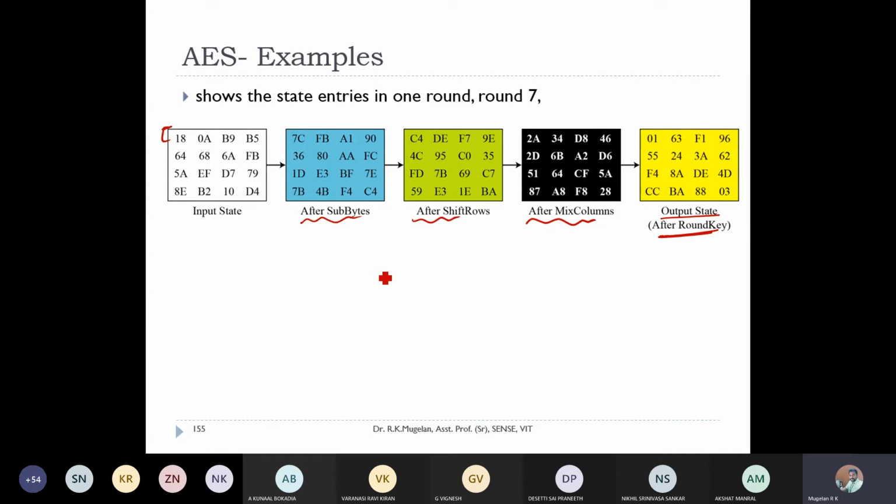My kind request: I want you to try, it will take some time only, to do the entire operation once before you come for your CAT 2 or before your FAT, because if you are able to do this, then 200% you are going to get a 10 mark easily from this module, because this entire operation lies on this. And for your information, there is one hexadecimal value in error in this example. If you try to solve, you will be able to identify where the error occurs. This is for your homework. You just try at home.